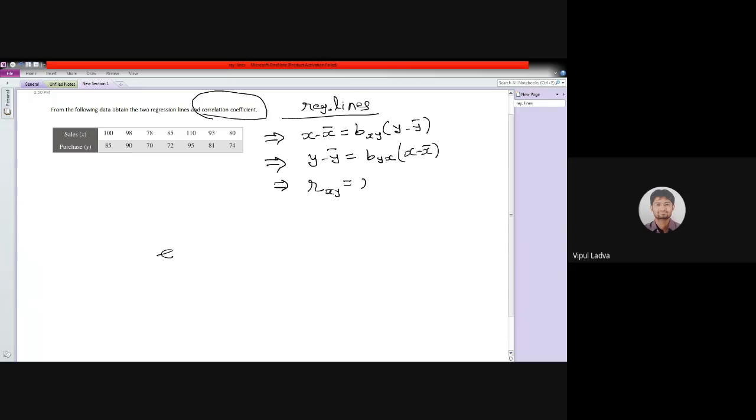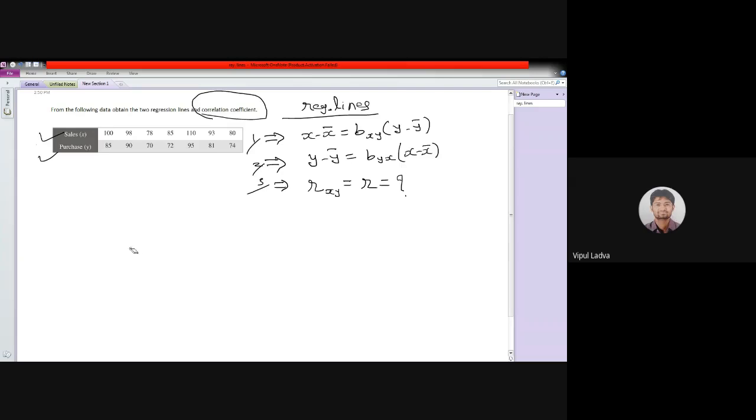Rxy लिखूं या तो फिर simply r लिखूं, both these are same. And so we are looking for these three particular things: first, second, and third. And this is the data we are having. So what we are supposed to do, first of all, we will